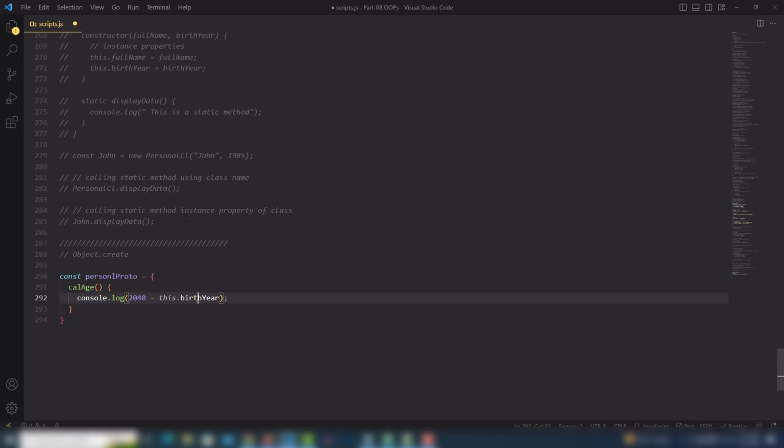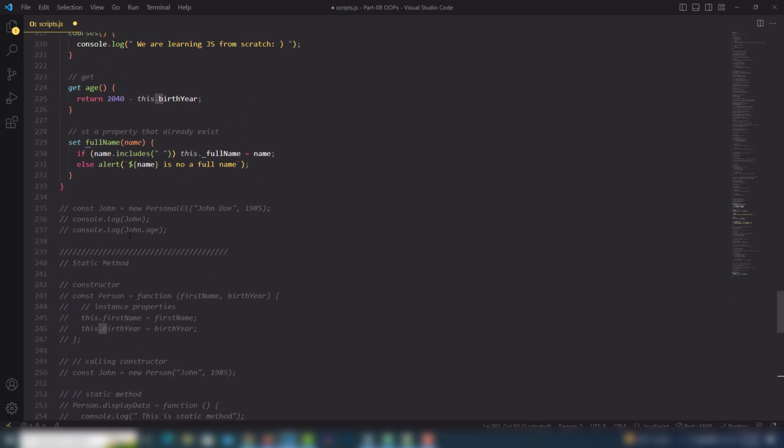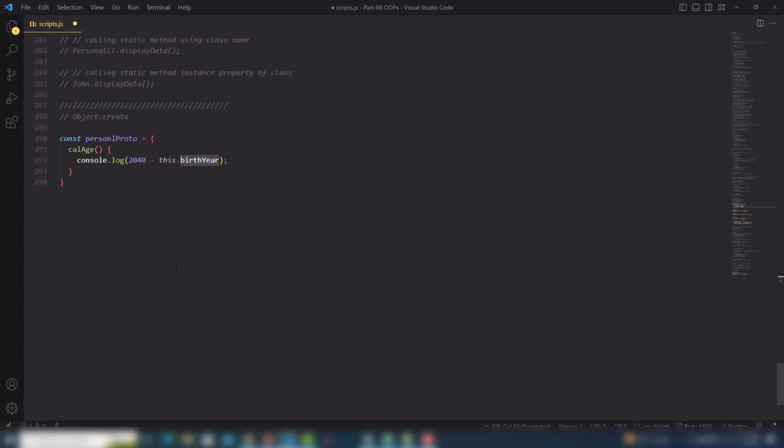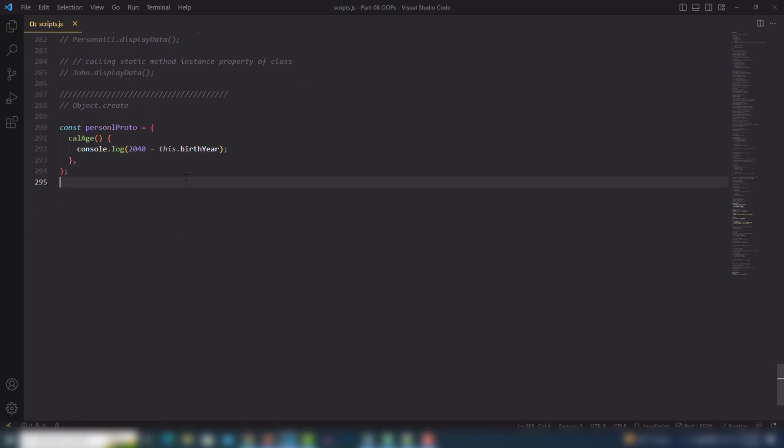This.birthday, this will get from there, right? So this is a simple object. Inside the object there is a function calcAge. So let's look at that, calling the Object.create